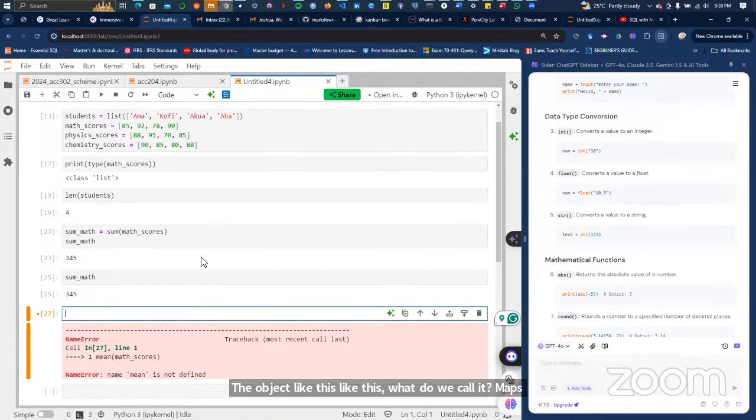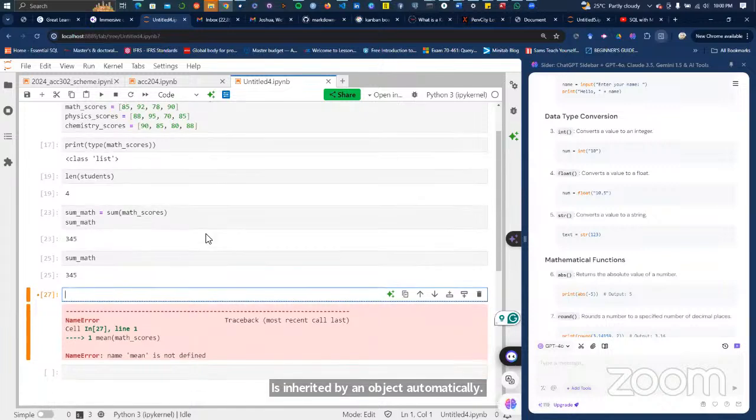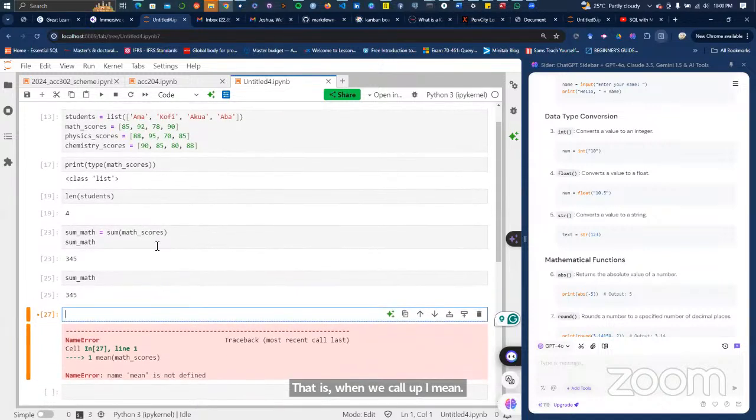Some objects automatically have methods built on them. Once you create them as that object, they inherit some methods. They inherit some functions you can employ on them. And a function which is inherited by an object automatically, that is what we call a method. There's no difference between a method and a function except by this explanation. So you can also use it by the method way.